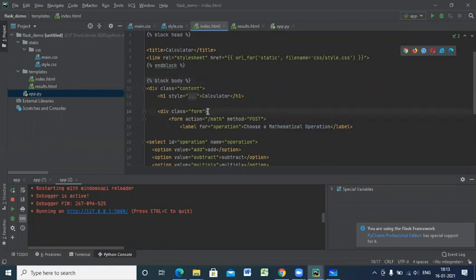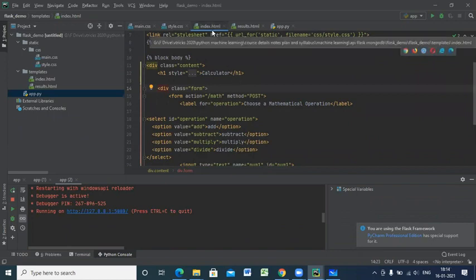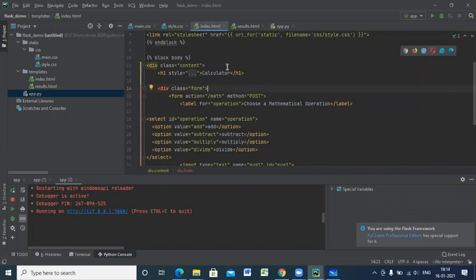When I say div class is equal to form, I want you to understand that it means you can do some action in the backend. I repeat, when I say div class is equal to form, we can do some action in the backend. It means if some action has been taken for this particular HTML file, which file? The index.html file. As soon as some action is taken, meaning what? Some button press, something like entering the value 1.